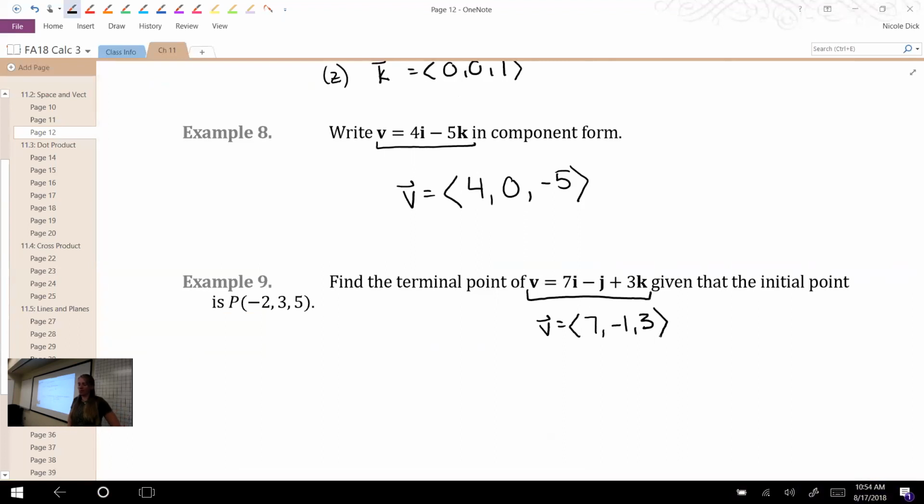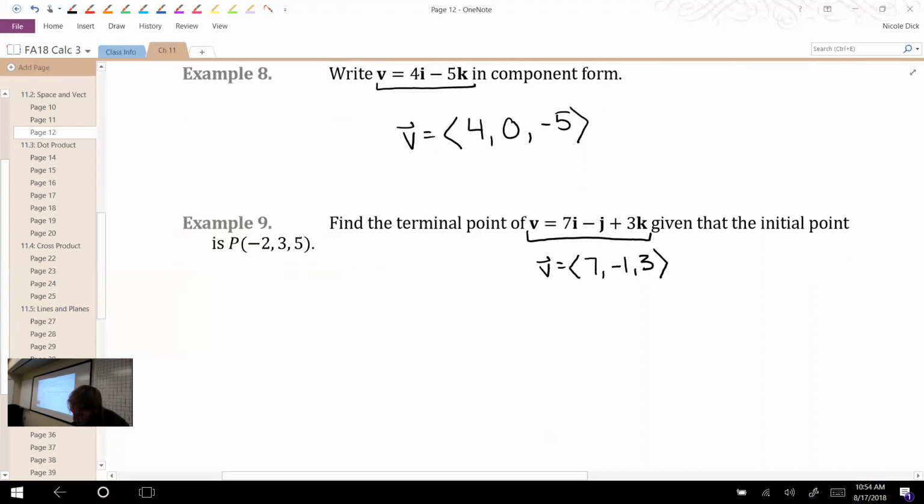But really, this wants to know what's the end point. If we're starting at this point, -2, 3, 5, and we're using this vector, what's going to be our terminal point? How can we figure that out? We have to add them. Now we're basically going to add the two things together, right? So this starts at the origin. If we imagine it just telling us a set of directions, we're just going to apply those directions to this point P. So to find our terminal point,